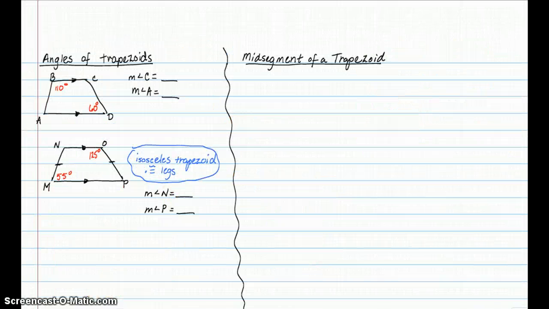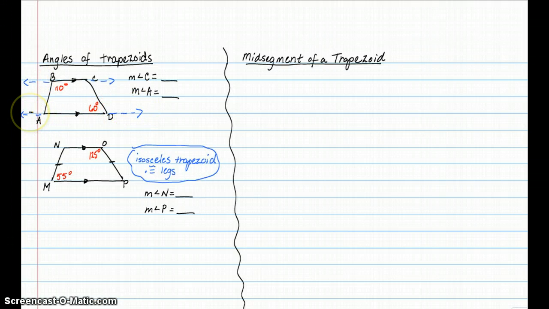All right, we're going to look at the angles of a trapezoid. Looking at trapezoid ABCD, the temptation is to say, oh, this is isosceles, when in fact there's been no information given that it's isosceles. So what we have to assume then is that it's not isosceles, so then we have to use the idea that these 2 are parallel lines. Let's go ahead and extend these lines. That's BC is parallel,